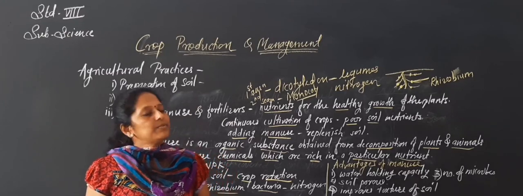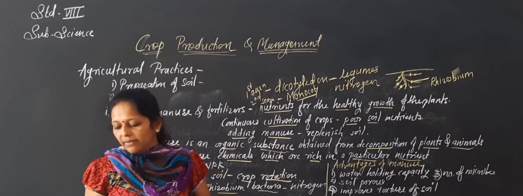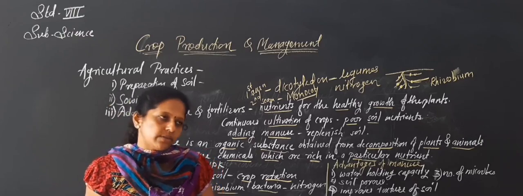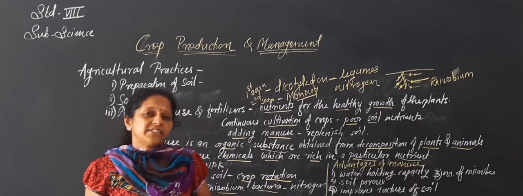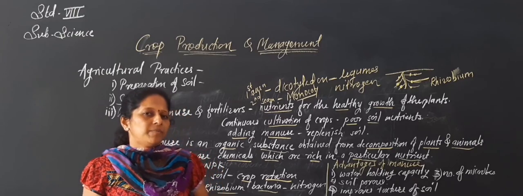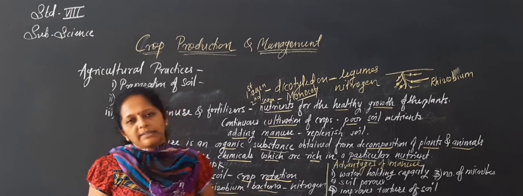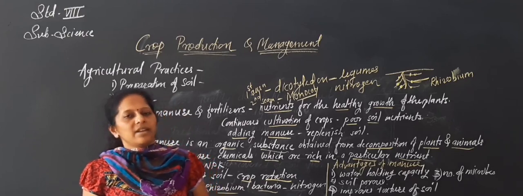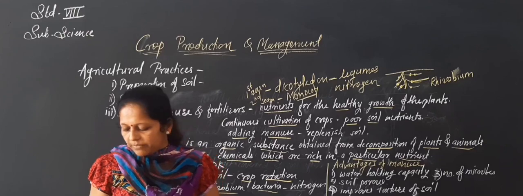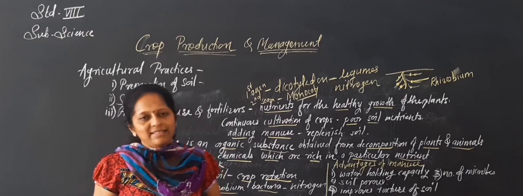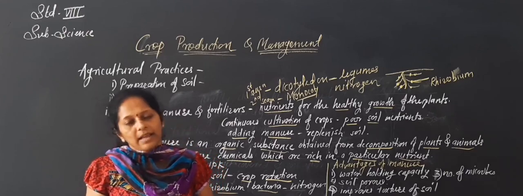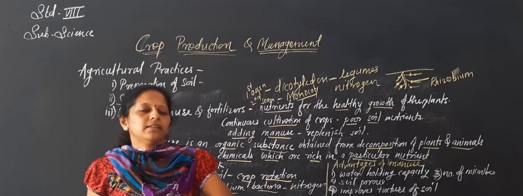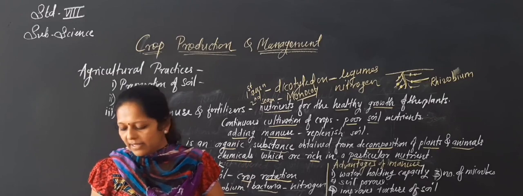natural substances, these are organic, and they are made by the decomposition of cattle dung and plant residues. Plant residues like stalks and leaves in the farm are thrown into a pit, and cow and buffalo dung is also put in the pit. They are allowed to decompose and it converts into manure. Fertilizers are prepared in factories, as I told, the second point, and manure can be prepared in the field. In the field, in one pit they prepare it, and fertilizers they prepare in